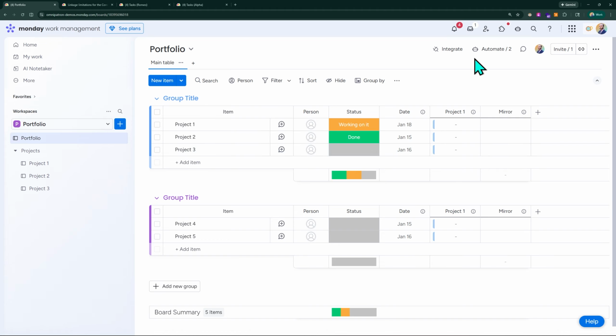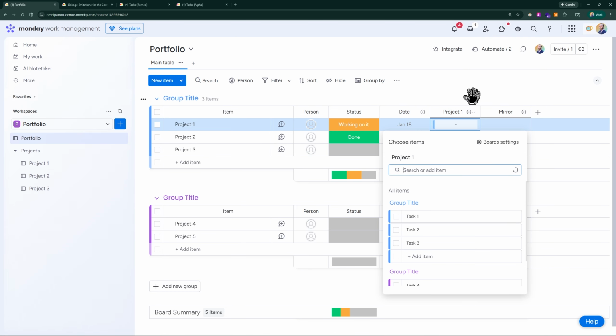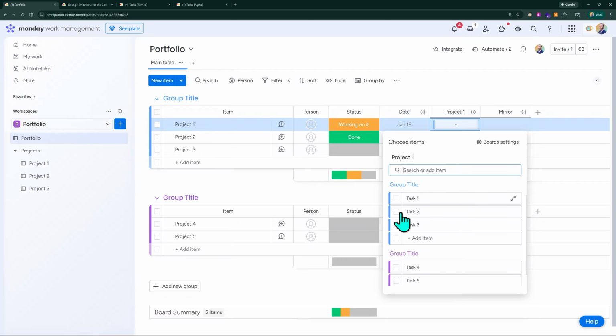But since we have only project 1 connected, we're just going to show the relationship of how project 1 has its tasks showing up in the project 1 field here for the Connect Board, and also how the mirror column works. So let's check this out. I can show you guys how all that works if I go into project 1's field over here on the portfolio board. Going in here, we see all of the tasks that exist on that project 1 board,